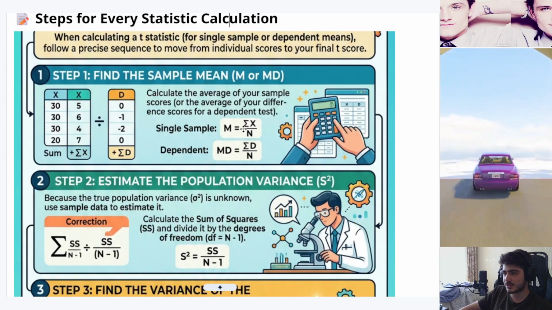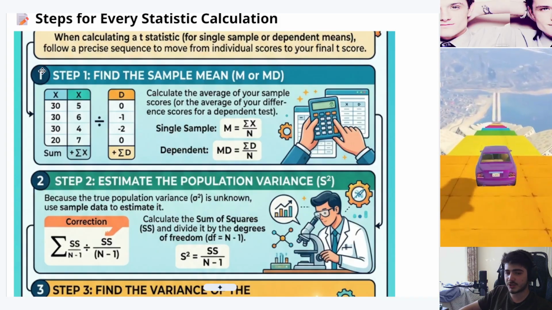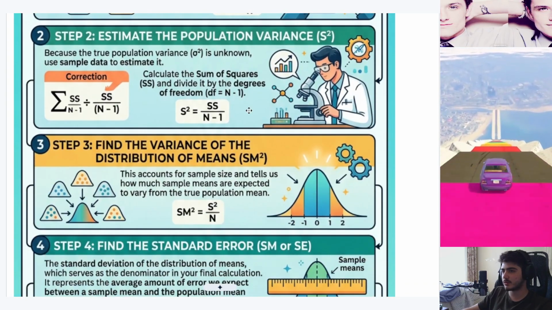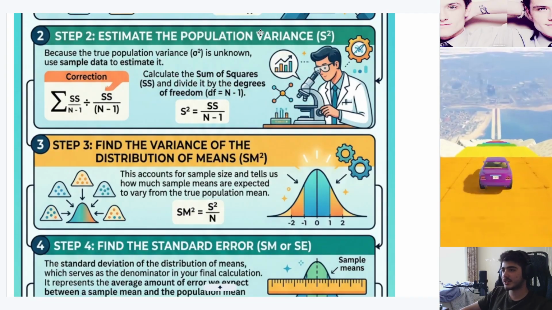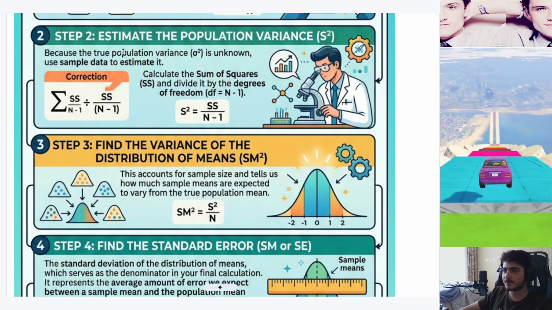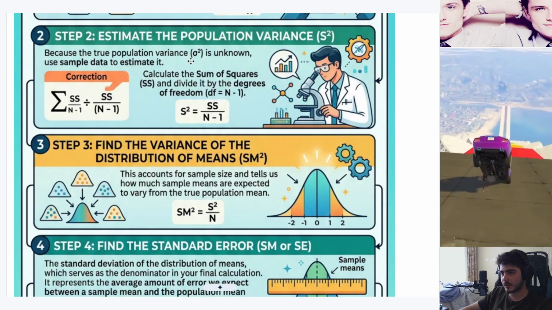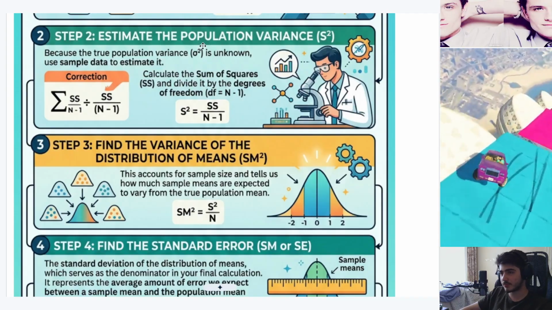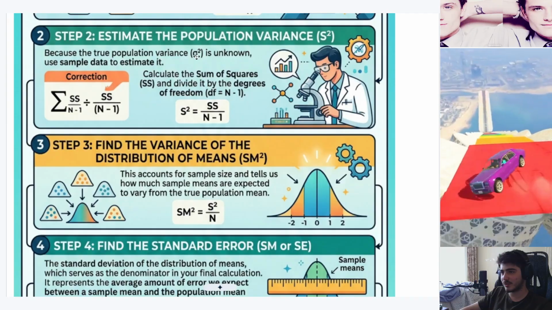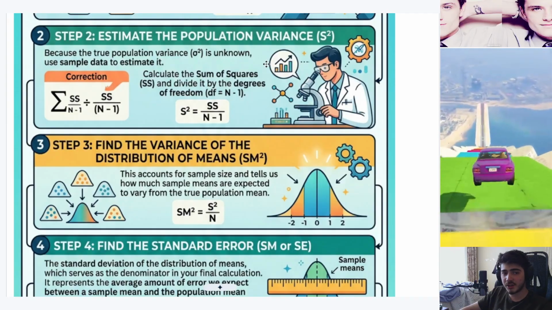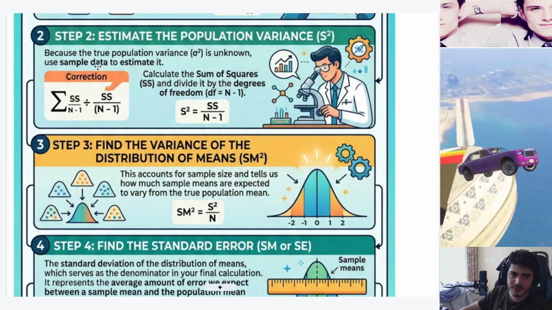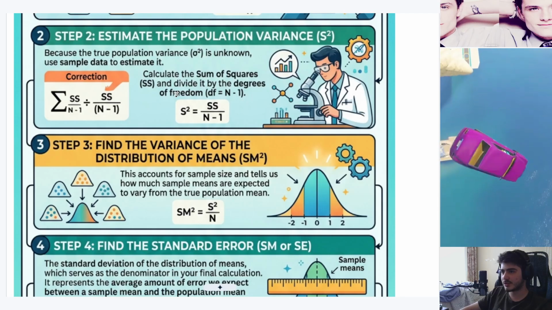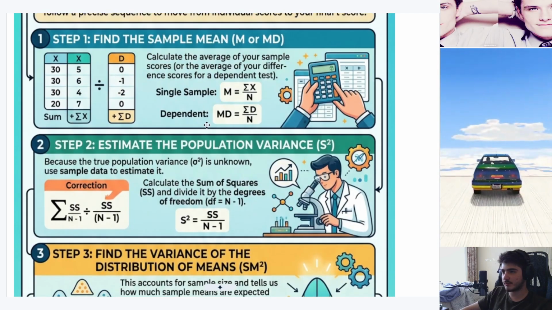This sigma says sum all of the x, which is individuals, and divide by n, which is the samples. Then we estimate our population variance. Because the true population variance, or sigma squared, or the standard deviation squared, is unknown, we use sample data to estimate it. We calculate the sum of squares, which is calculated by,